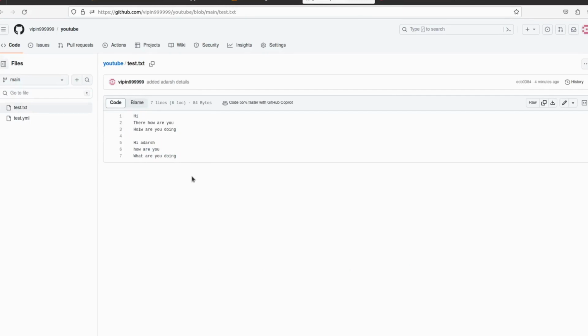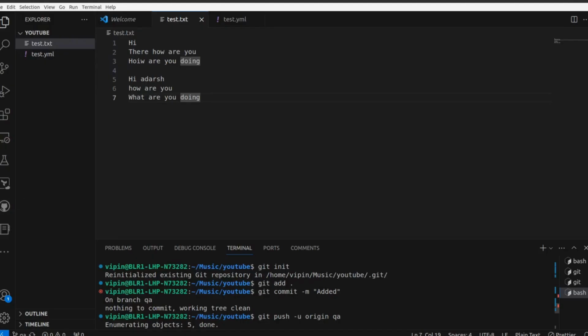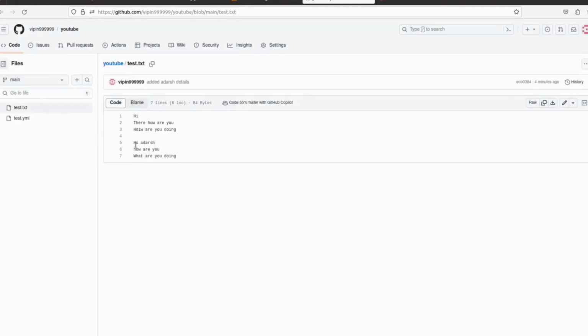As you can see, whatever changes we pushed on the QA branch got available on the main branch, after getting the PR approved and after the review, and we have confirmed the merge request as well, and that code is available on our main branch.